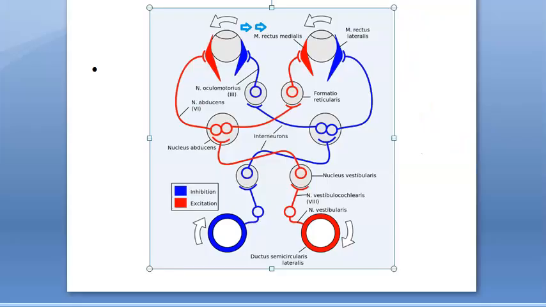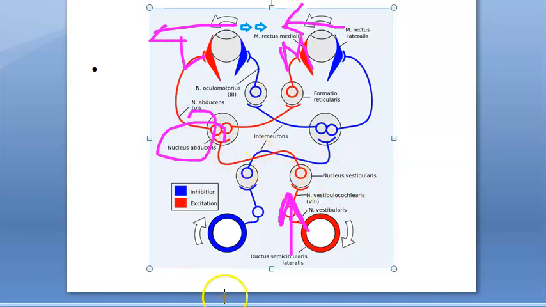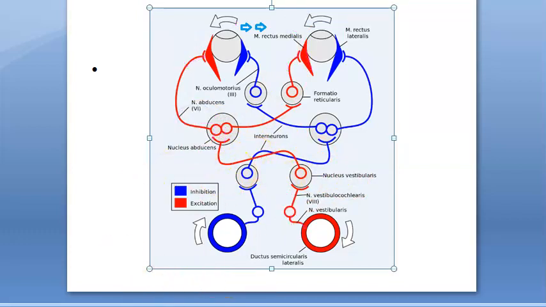Let's get to some technical details. You're giving cold water here, and this gets suppressed. The blue is suppressed now. So the other ear is having more signal, the red. What will happen here? The lateral rectus here and the medial rectus here are stimulated, so the eye tries to look this way, but the nystagmus happens in the other direction. What nerves are there here? Nucleus of abducens, the 6th nerve, which they are showing here. And here what else do you have?